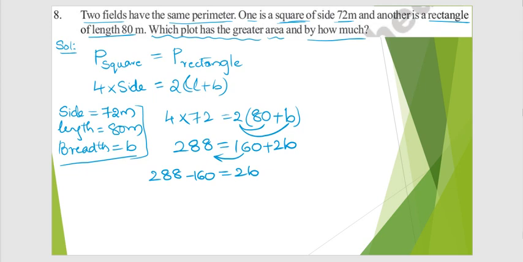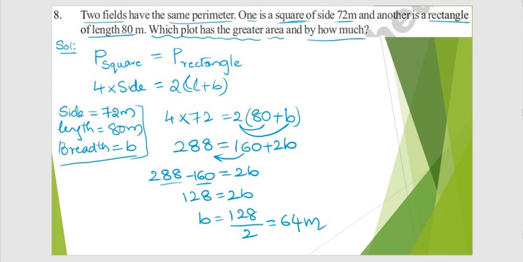So here 88 plus 40. 88 plus 40, how much? 88 plus 40 is nothing but 128, which is nothing but 2 times B, right? So from this, B is equal to 128 divided by 2. In the 2 table this goes 64 times. So this is nothing but the breadth of the given figure.